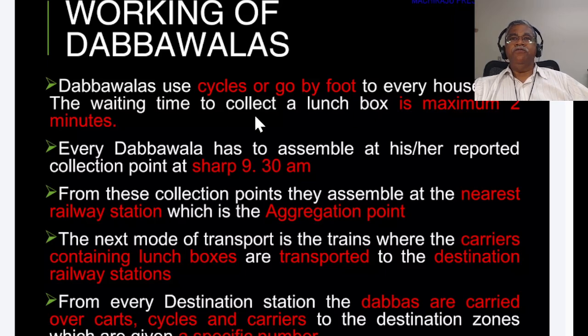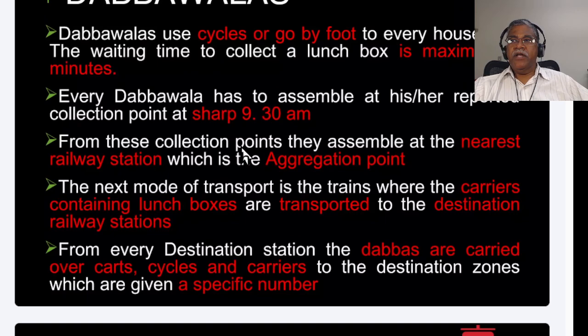So now, if you say, I'm showing up for my box, and the person of the house who's supposed to get the box ready says, well, hey, can you wait for 10 or 15 minutes? I'm not done yet. It doesn't work. They're not going to wait for you, right? That's the rules under which they work. So you've got to pick up the food and assemble at the collection point at 9:30.